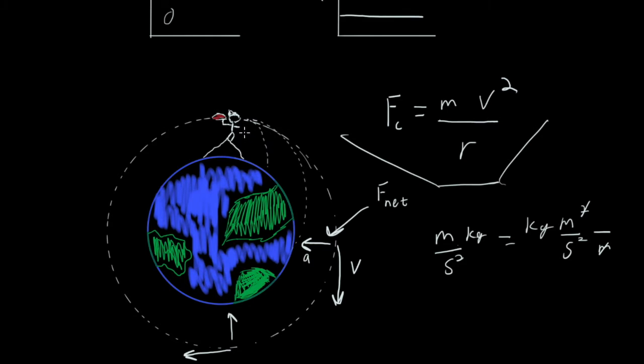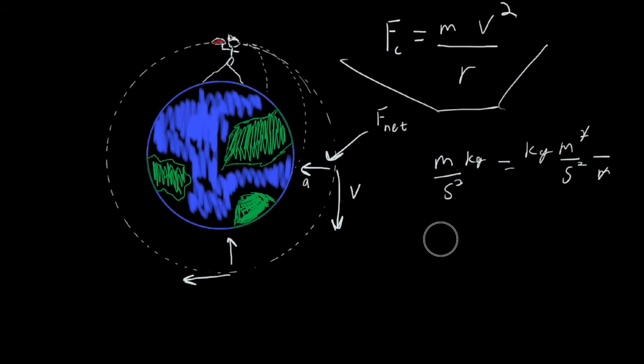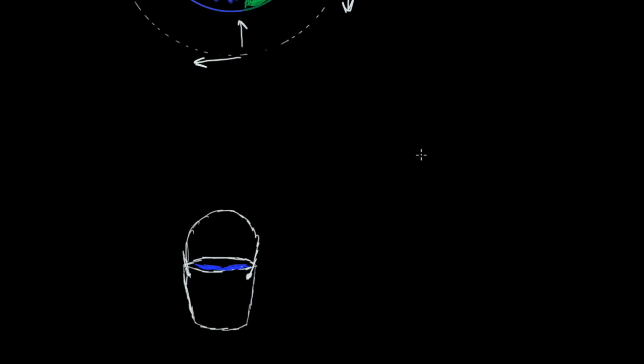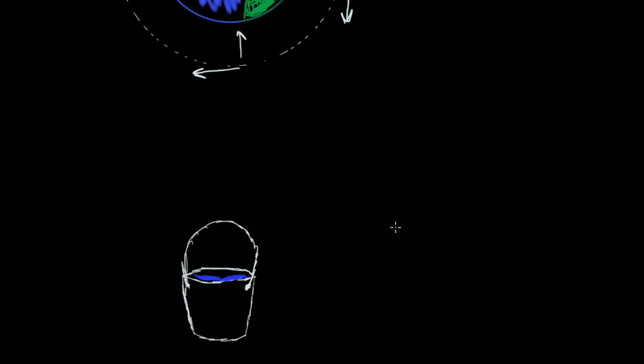So now, it's not every day that you go to the top of a mountain and throw a ball around the entire circumference of the Earth. So how about an example that kind of lines up with our daily lives a little more? Something that we could easily do at home. I've got a bucket of water here, and I can attach it to a string. I can hold that string in my hand, and I can spin it. I can give my bucket of water a force, a velocity, going to the right here. If I did that, well, it would have to curve upwards because of that string that it's attached to, and it would trace